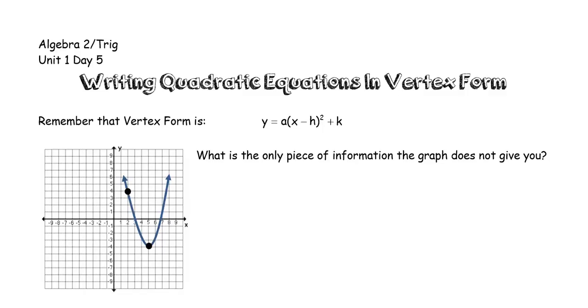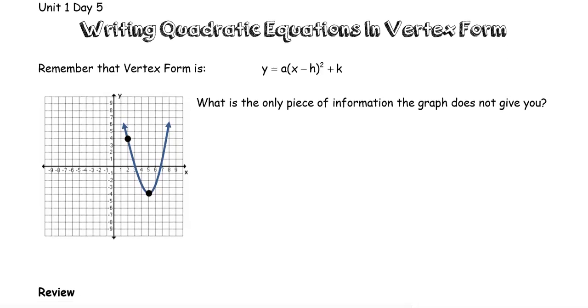We have been talking about writing the equations in different forms, and the last 2 days we've been concentrating on intercept form. Today we're going to start looking at vertex form. And a reminder of what your vertex form is from the other day: y equals a times (x minus h) quantity squared plus k. And because it's vertex form, remember the information that we can see from the actual equation